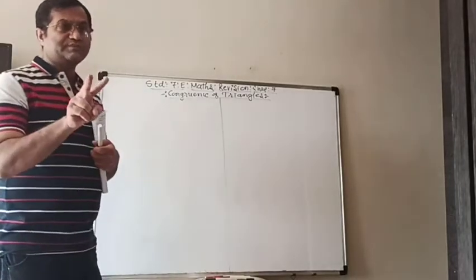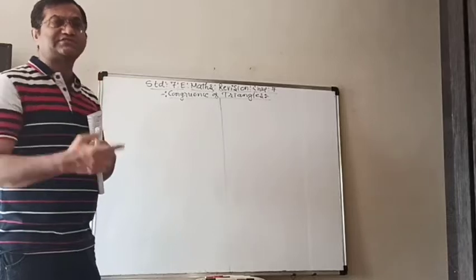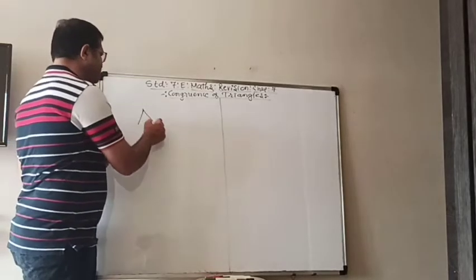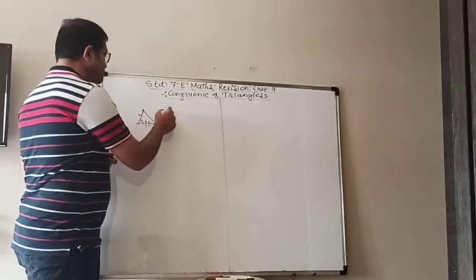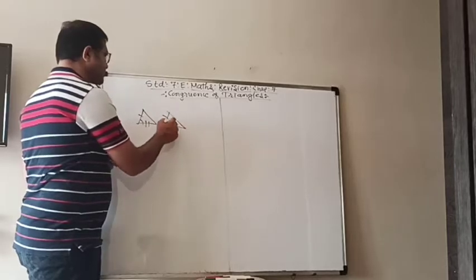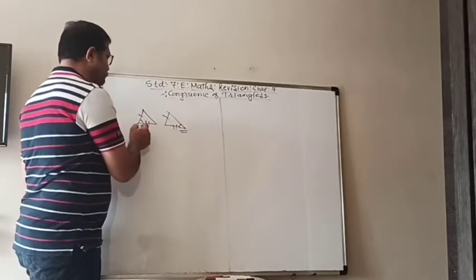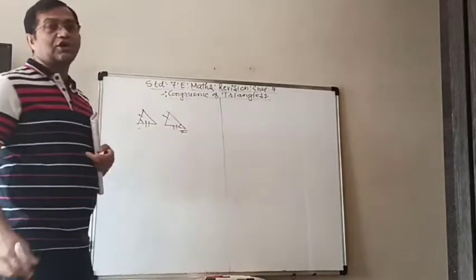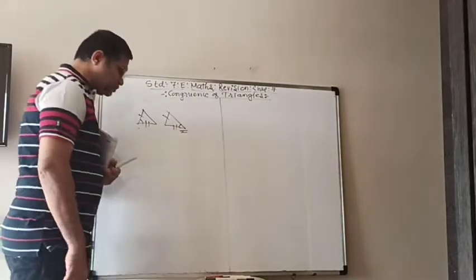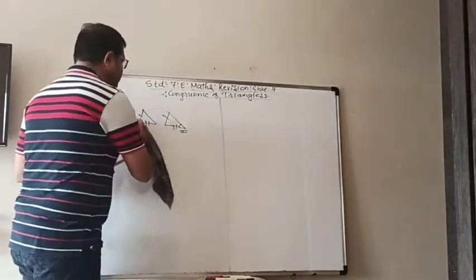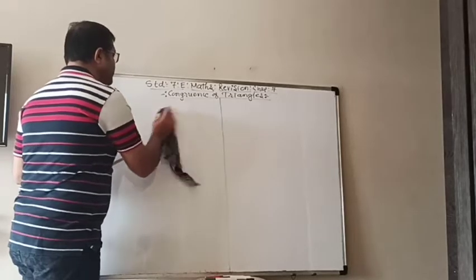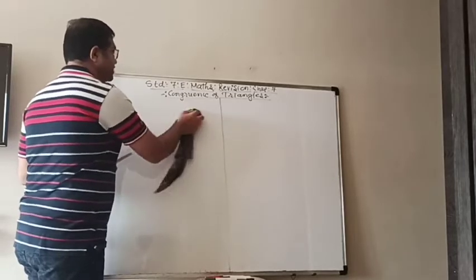But be careful that in both triangles it must be the same. It should not be like that: in this triangle, the two sides are there but the included angle is not there, and in that one, then it is not possible. So whichever two sides are taken, the angle must be included between those two sides.